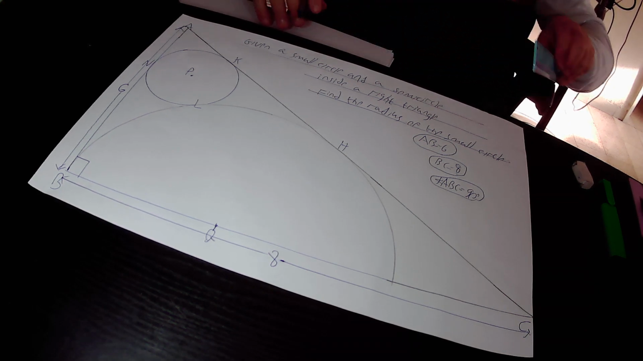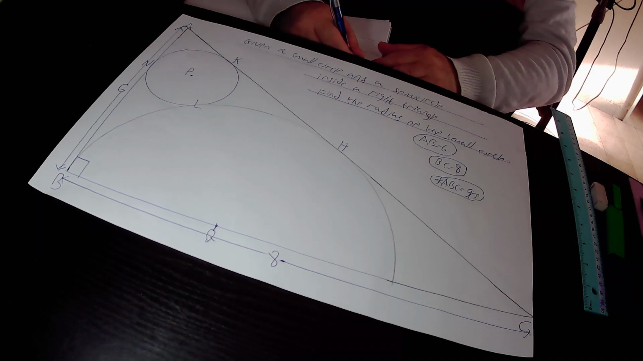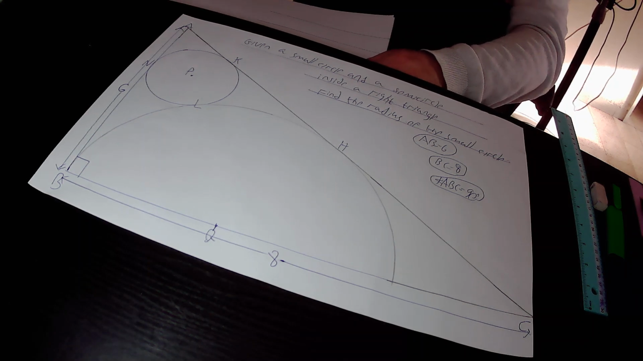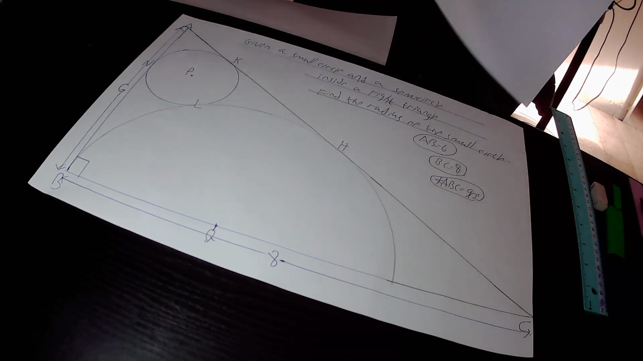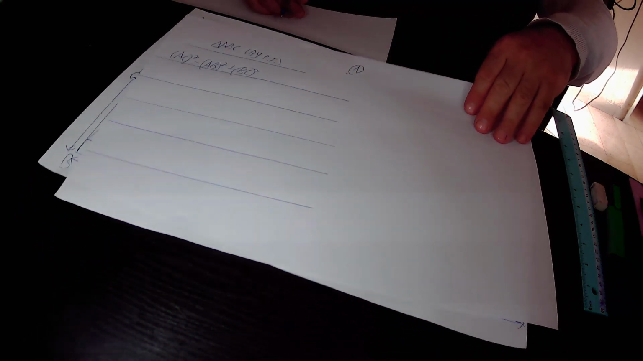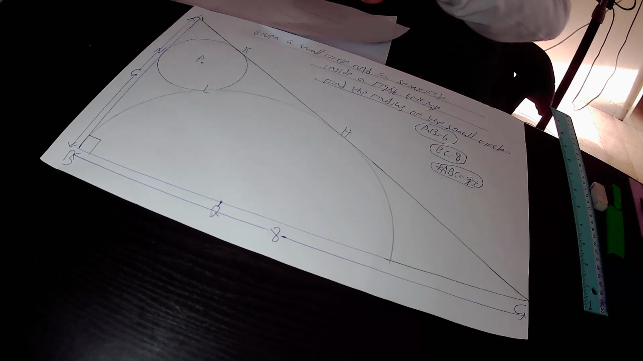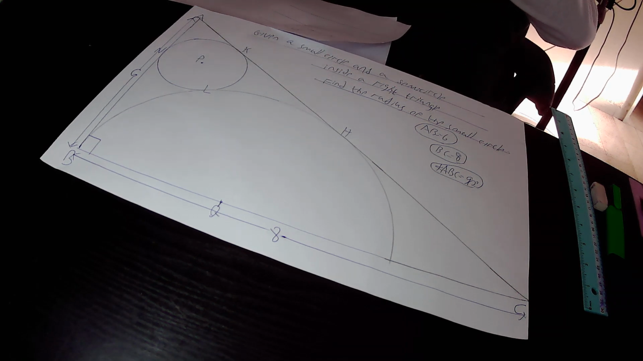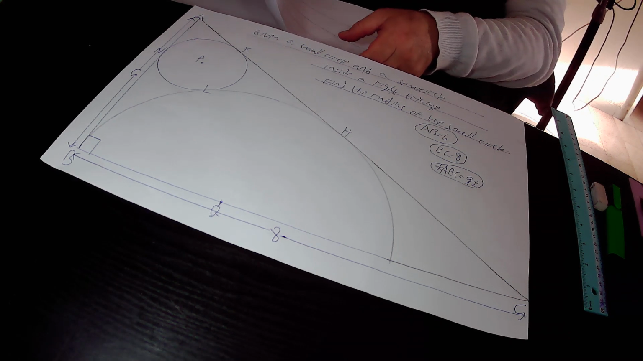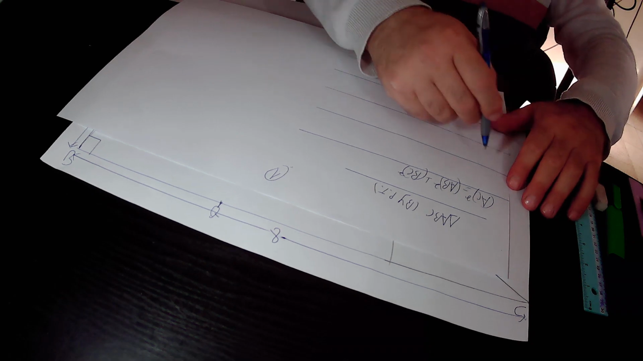So in the right triangle ABC, according to the Pythagoras theorem, AC square equals AB square plus BC square. Repeat again, in the right triangle ABC, AC square equals AB square plus BC square. We don't know the value of the hypotenuse AC, so we write it as it is. AC square